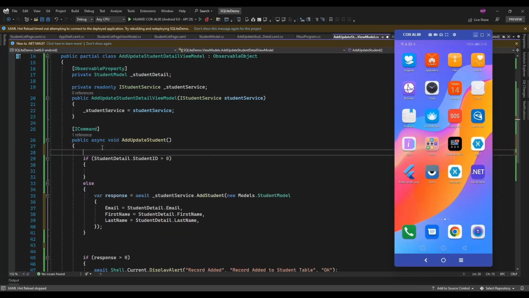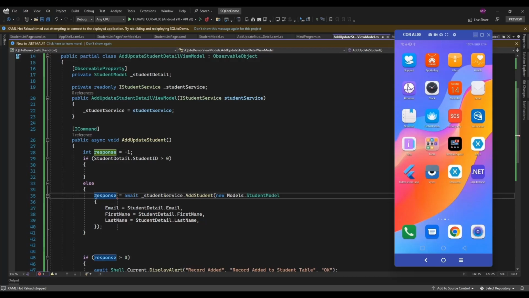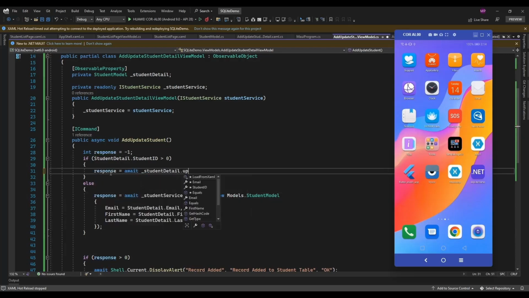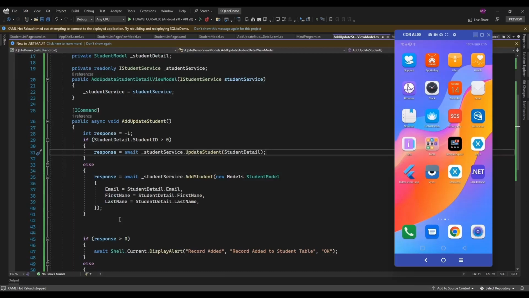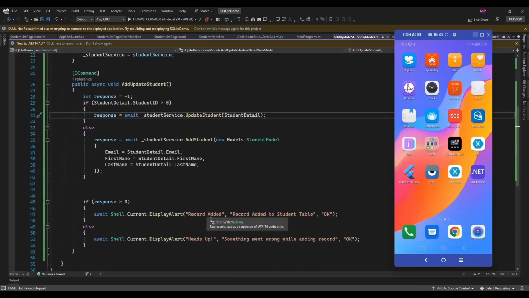So here I am just going to pass the student detail model for updating, and if the response is greater than 0, then I am just going to say here